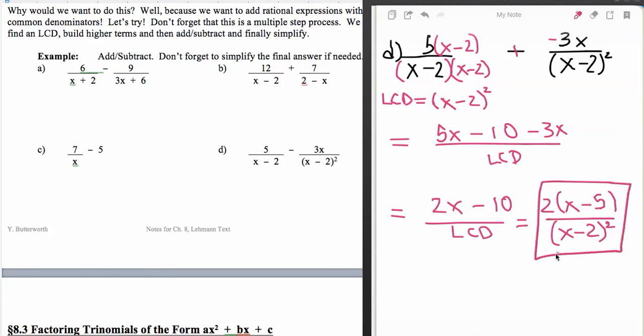Remember, even when you can't cancel, you still have to factor. If any factoring is possible, then you have to factor, because you're not capable, or at least I'm not, and I don't figure that most people are capable. So there may be a few of you out there that would be, but most of us are not capable of seeing a factor that's in common with a polynomial and a polynomial. So we always have to factor it. So that's my expectation. And that's why we're talking about this in our factoring chapter, because it's an application of factoring. All right, that ends our lessons